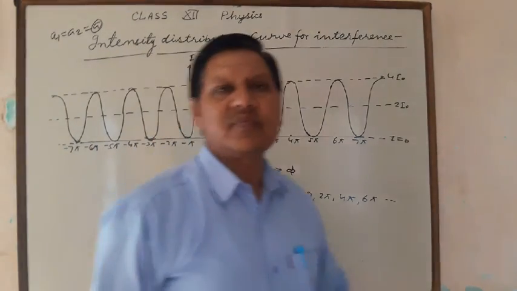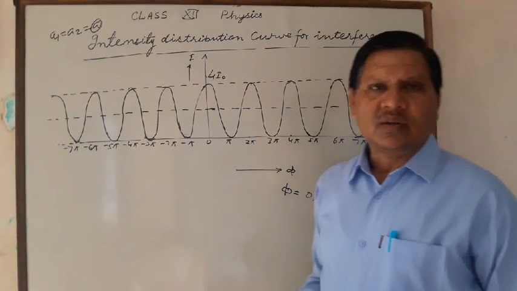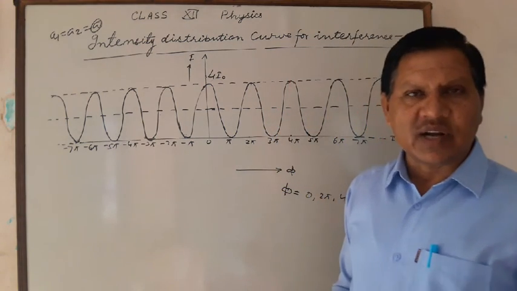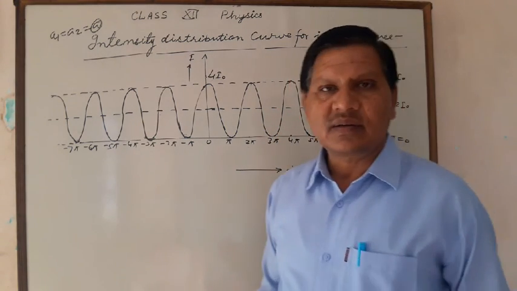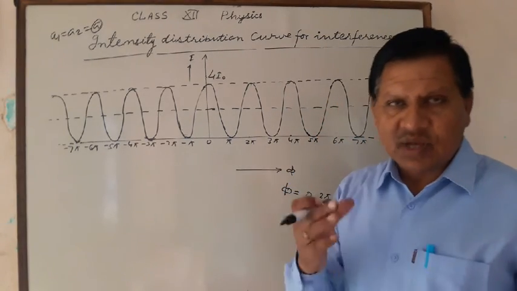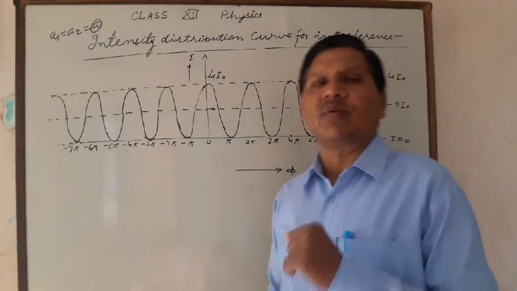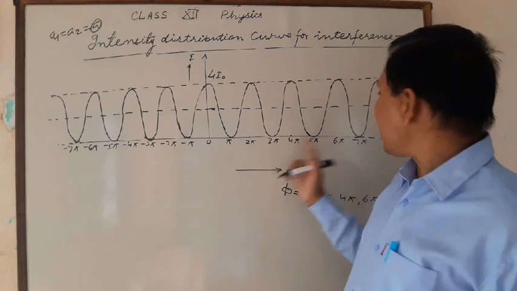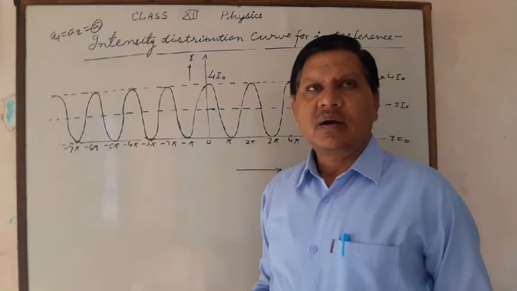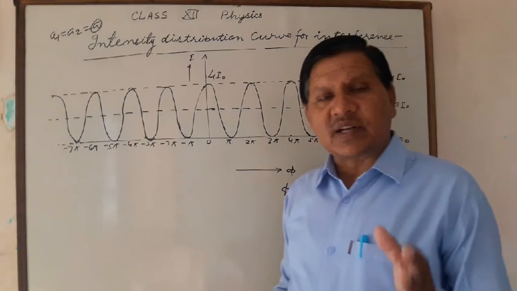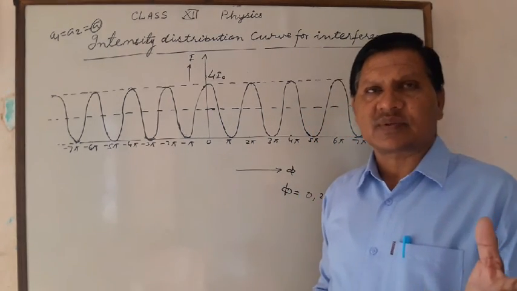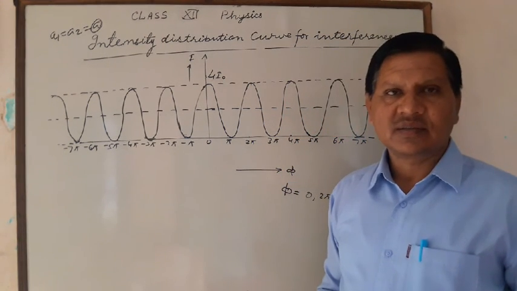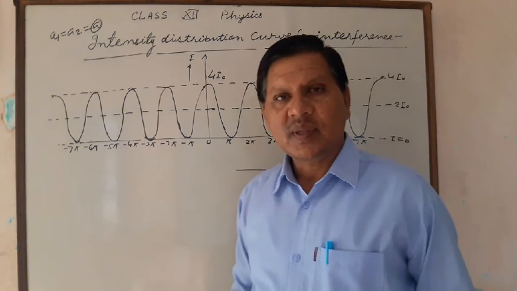तो इस तरह हम देखते हैं कि अगर सेम एम्पलीट्यूड की दो वेव आपस में सुपरपोज होती हैं तो इंटरफेरेंस की इवेंट में सम पॉइंट पर रिजल्टेंट वेव की इंटेंसिटी मैक्सिमम और सम पॉइंट पर मिनिमम होती है, यानी सम पॉइंट पे इंटेंसिटी मैक्सिमम 4 I नॉट और सम पॉइंट पर 0 होती है. इफ देयर इज नो इंटरफेरेंस इन लाइट, अगर लाइट में इंटरफेरेंस प्रोड्यूस नहीं होता, देन एट एवरी पॉइंट intensity become same.